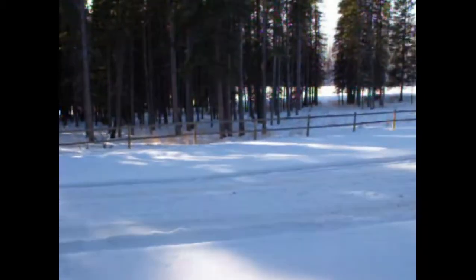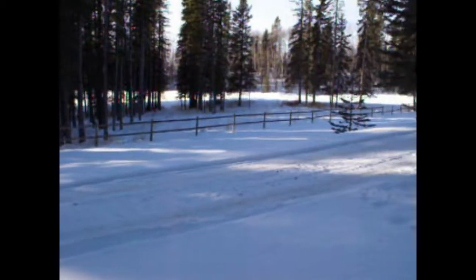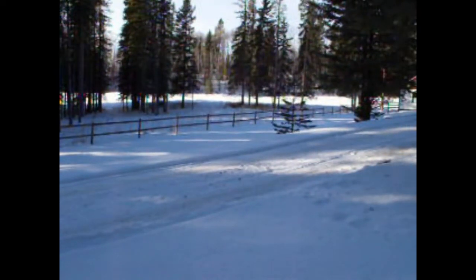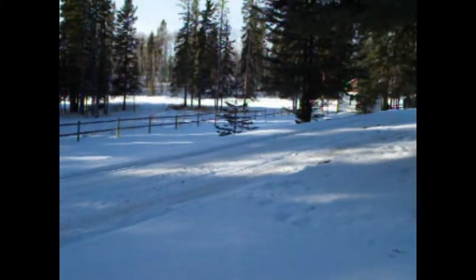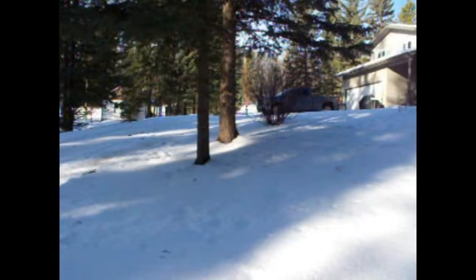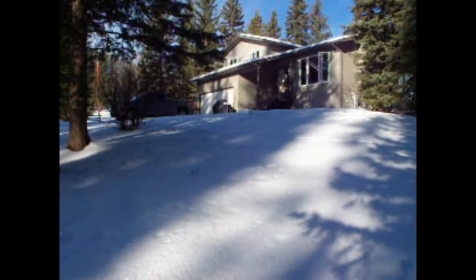panning to the right again into a bit of an open area, and that's where we're going to put the shop. The trees in the middle have to come down. It's the only place in the property that has no utilities underneath it. And then the driveway going up to the house, and that's the house. Sitting on a bit of a hill,